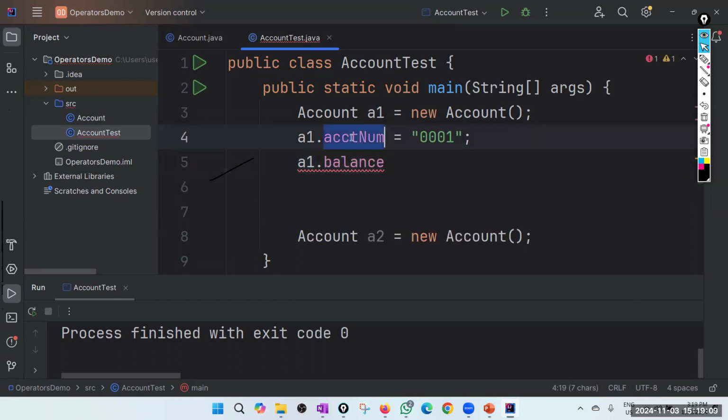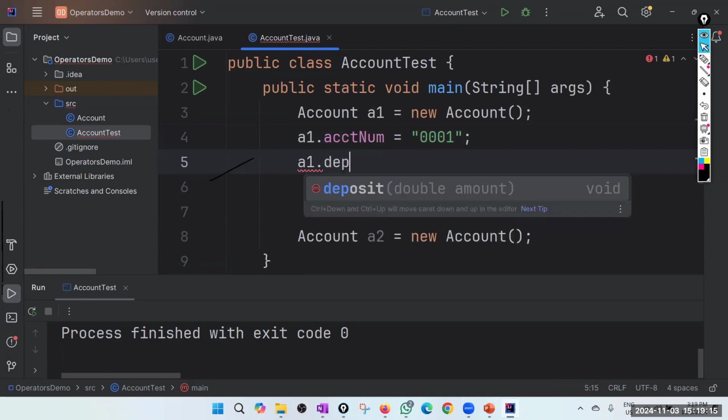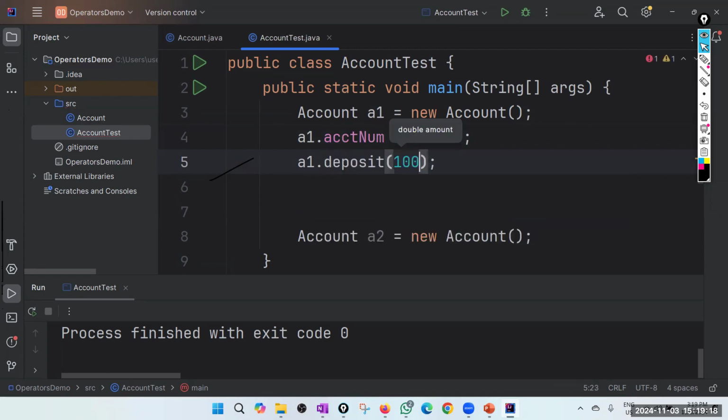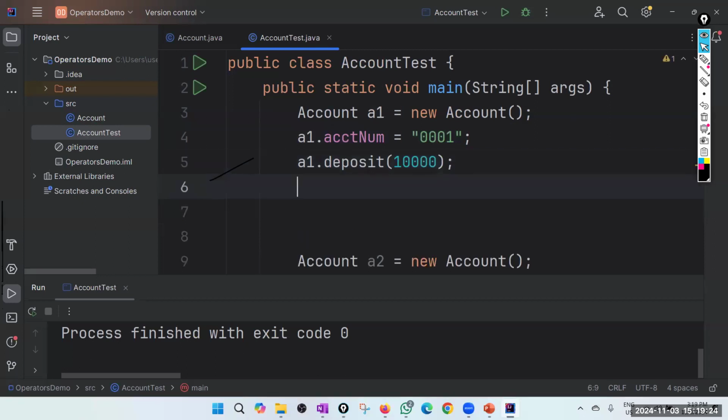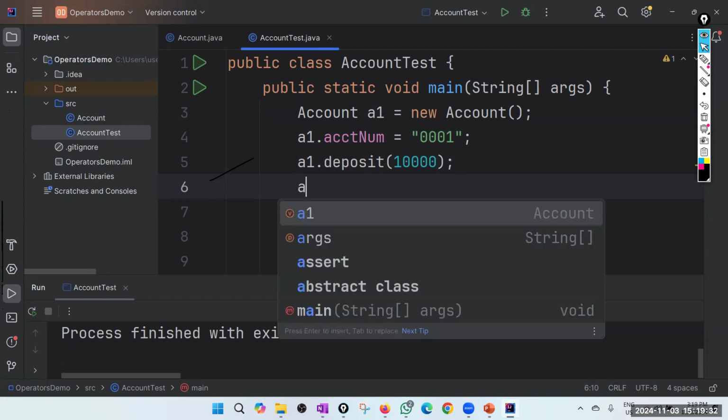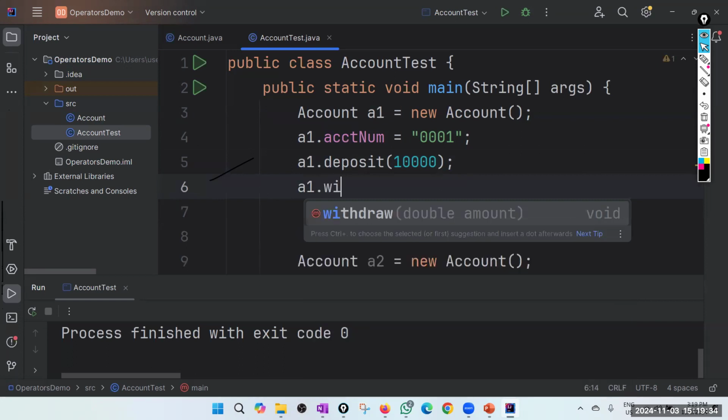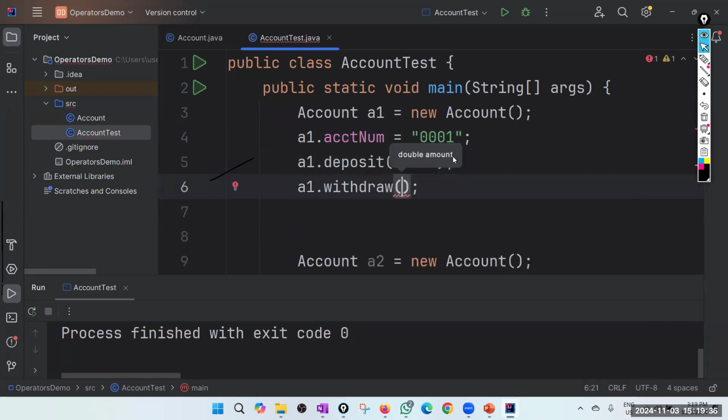This is not messaging. This is referring to the attributes. This is messaging. Okay. Say deposit. How much? Say 10,000. Okay. Of course, usually someone will not do both deposit and withdraw at the same time, right? But this is just to simulate. Okay. Say a1 dot withdraw, say 2,000.